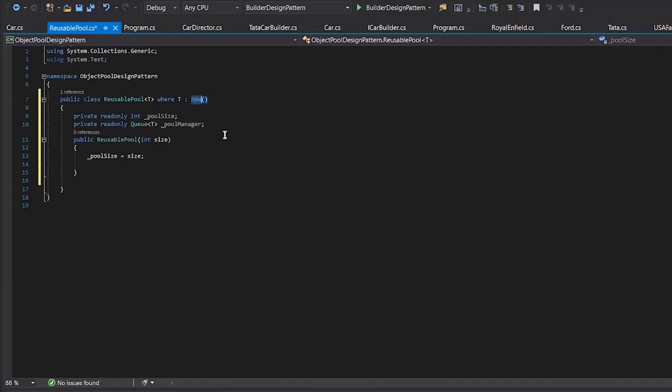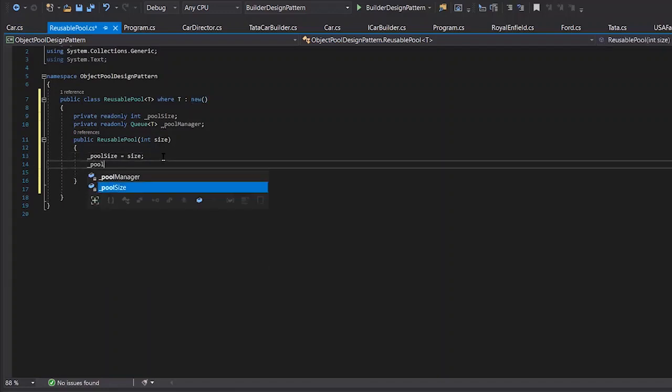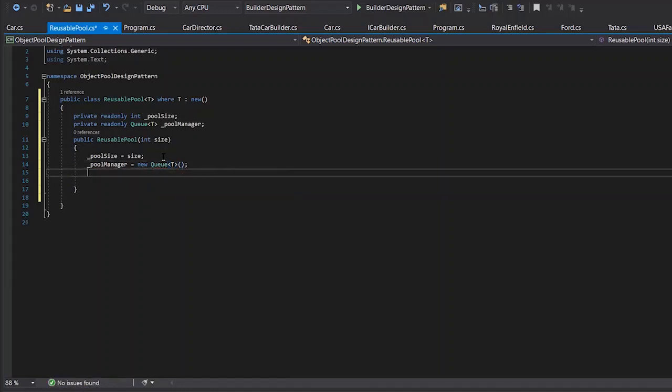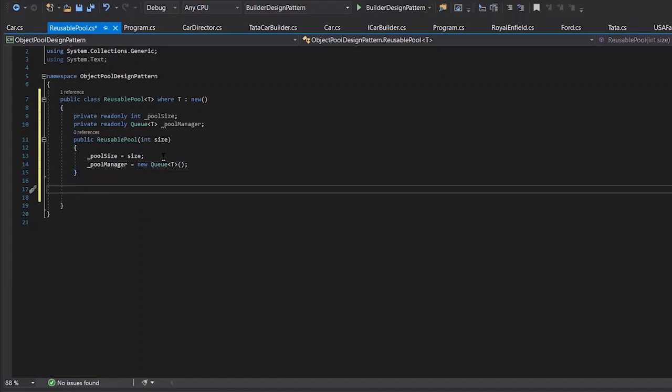Okay, so let's create our pool manager here, a new queue. And finally, as of now, let's create our two methods.